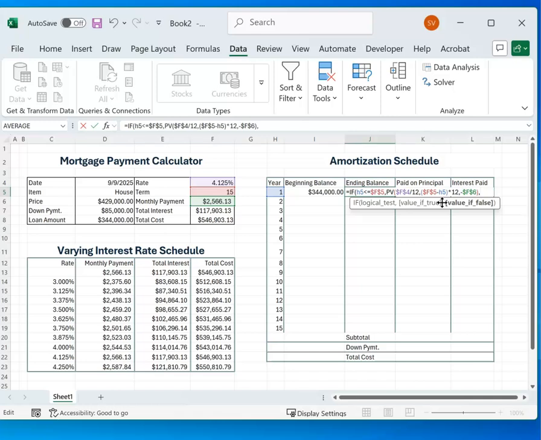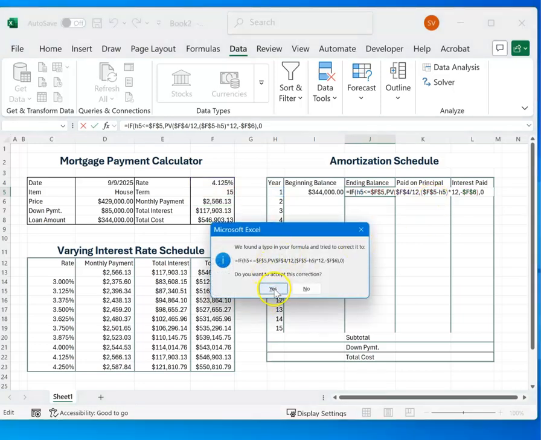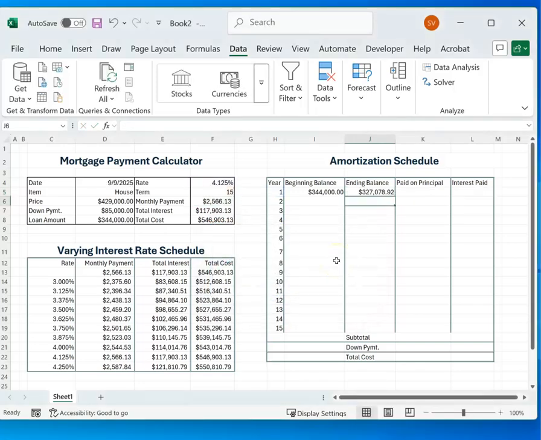What should it display if the value is false? Obviously it's going to be a 0, and I'm done with my IF function. Yes, I forgot to put the closing parenthesis. All right, so now we have the